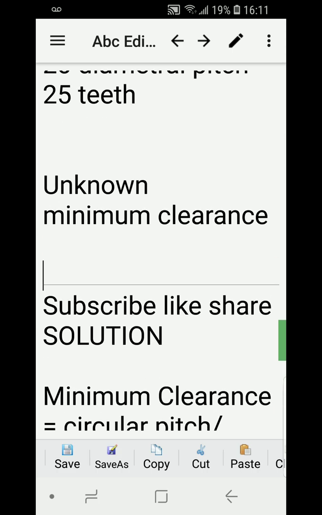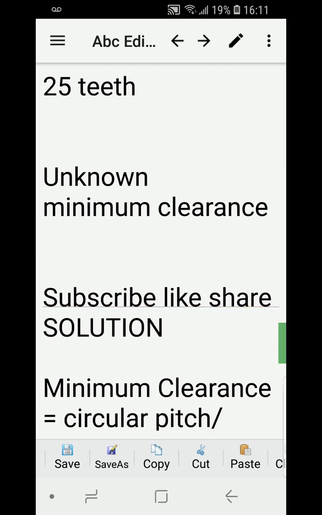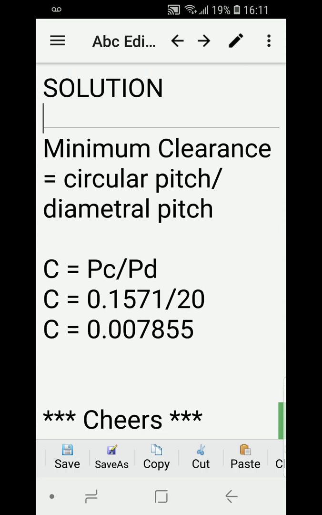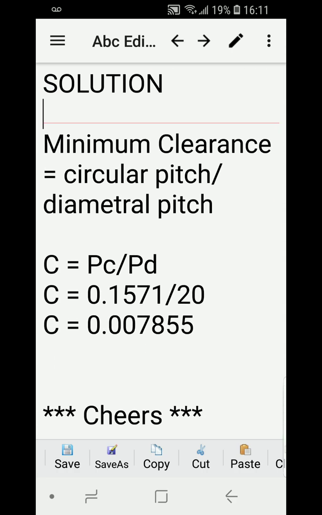Now note that the 25 number of teeth is an extra information. We don't really need it in this calculation, since we can calculate the clearance by just dividing the circular pitch by the diametral pitch. So substituting, we've got C is equal to PC over PD, circular pitch over diametral pitch,